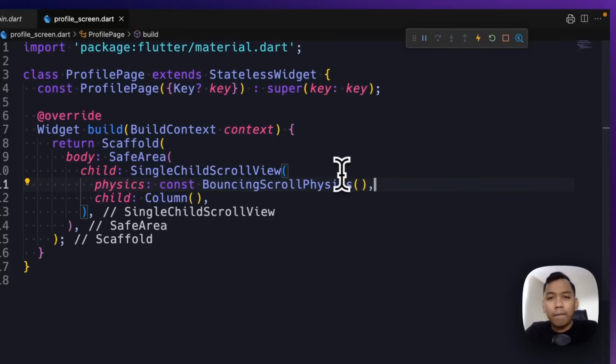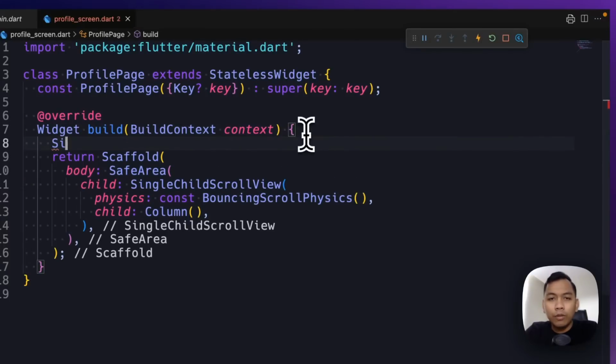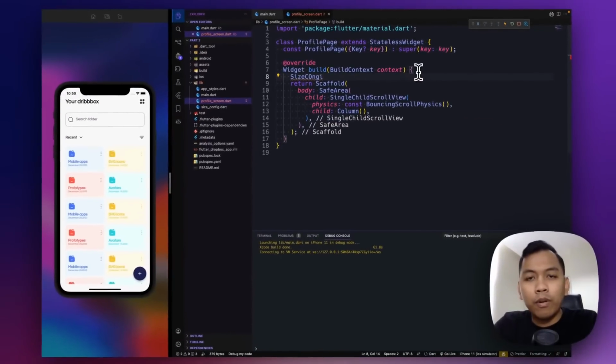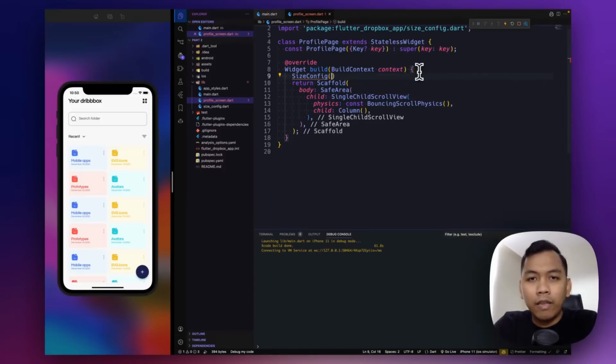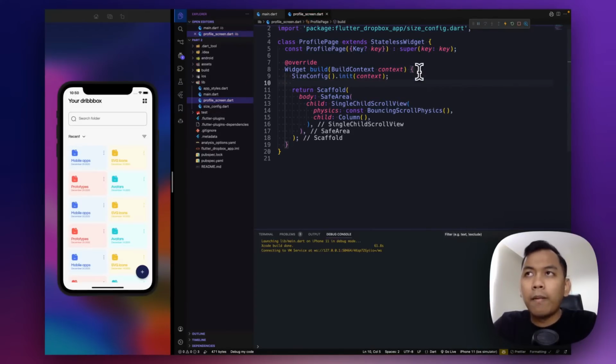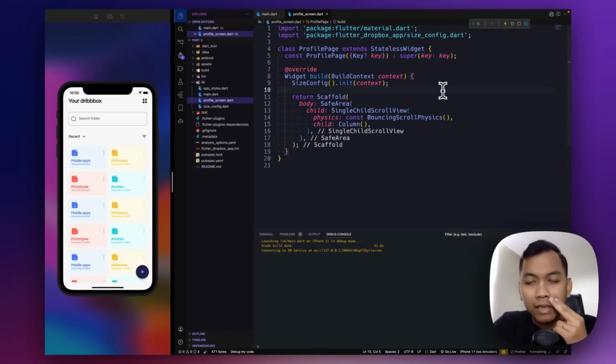And the next, what we need to do, we have to import or init our SizeConfig. If you have watched my previous video, you will be familiar with this SizeConfig. It will automatically import our size config file here.